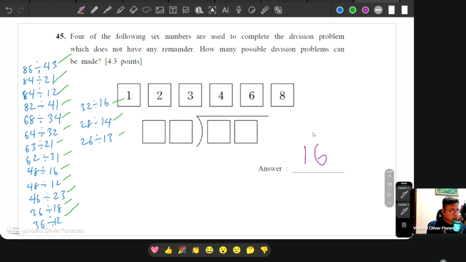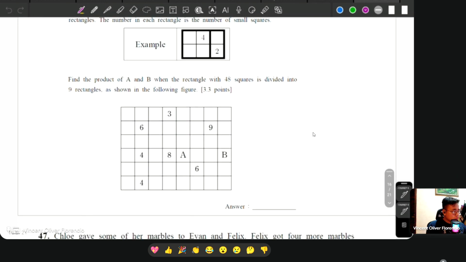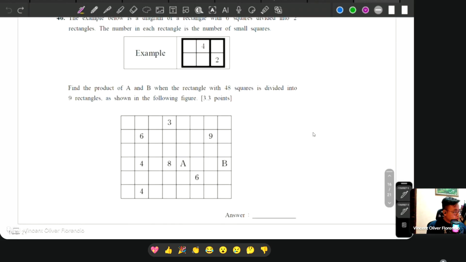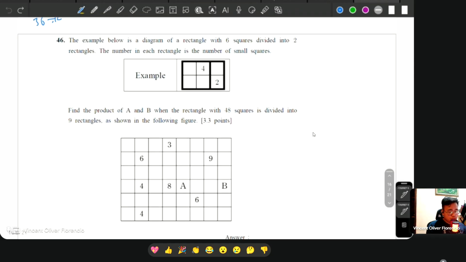Okay. Next, 46. This one here is a very interesting question. Okay, so this one, rectangle. You cannot have this kind of shape. Sorry. You cannot have something like this. That's not possible. It's only rectangle. You know rectangle, right? So what we do here, we can start. Analyze first. By the way, sorry, you can pause the video first. I'm sorry if I'm not reading the question anymore. I'm just trying to save time.